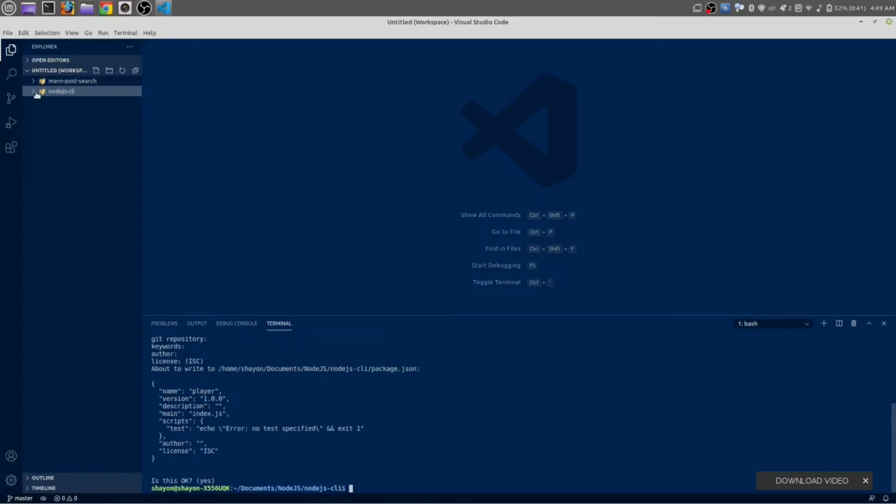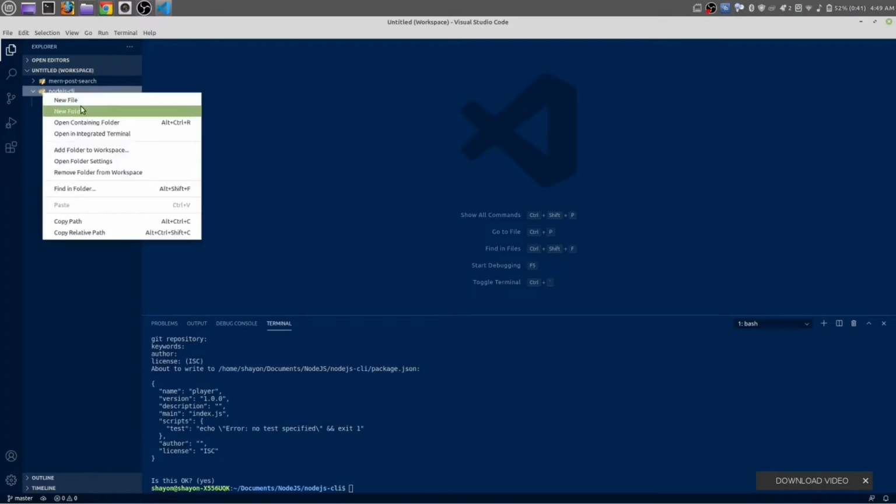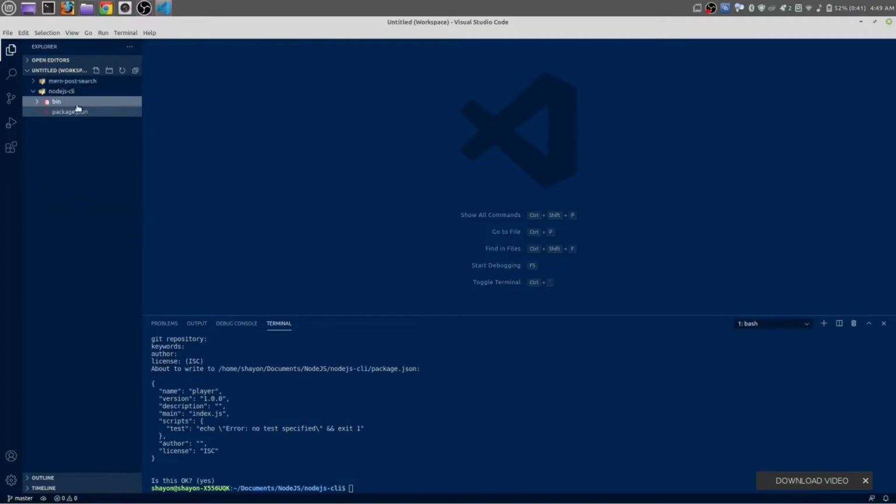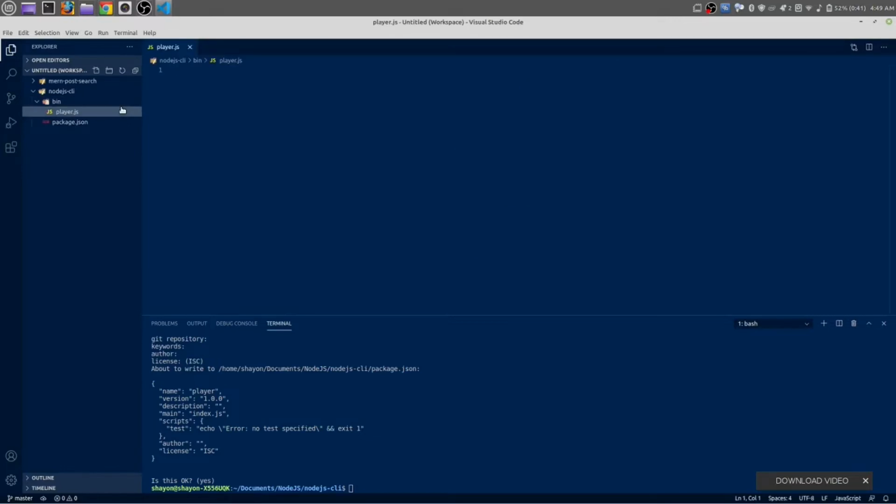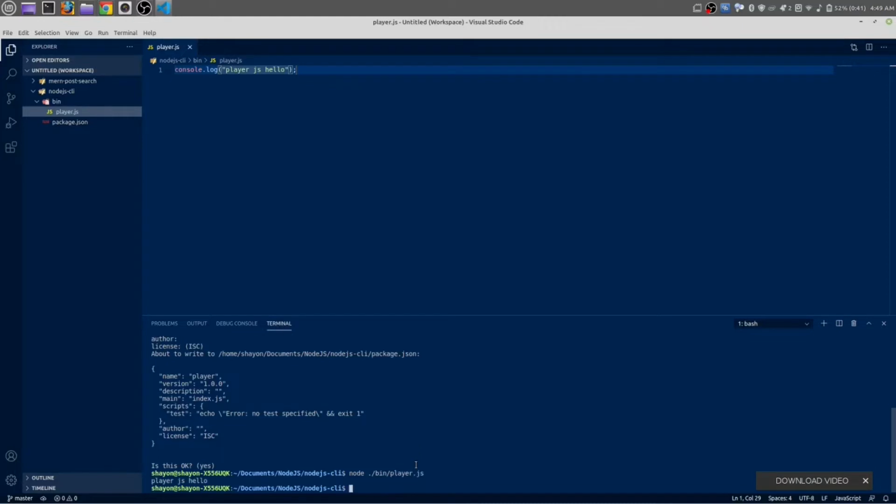Okay, perfect. Now let's create a folder with the name of bin. Inside bin we are going to make player.js, and at first let's console log something. Player.js hello, save it, and now we can run by using node bin player and tab. It will autocomplete your command, and it's saying player.js hello,